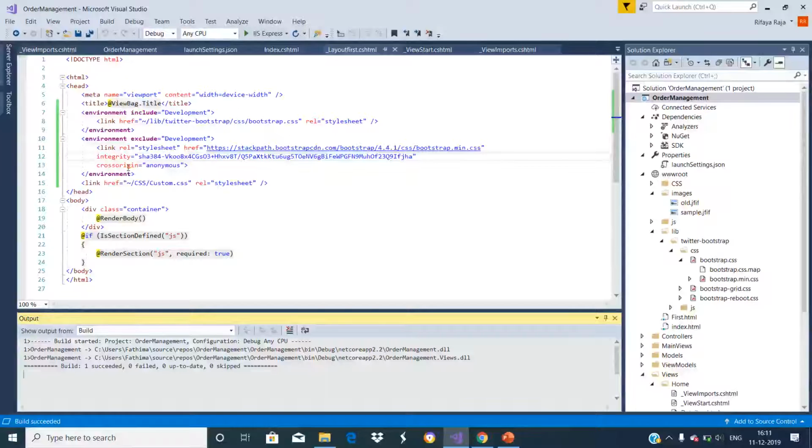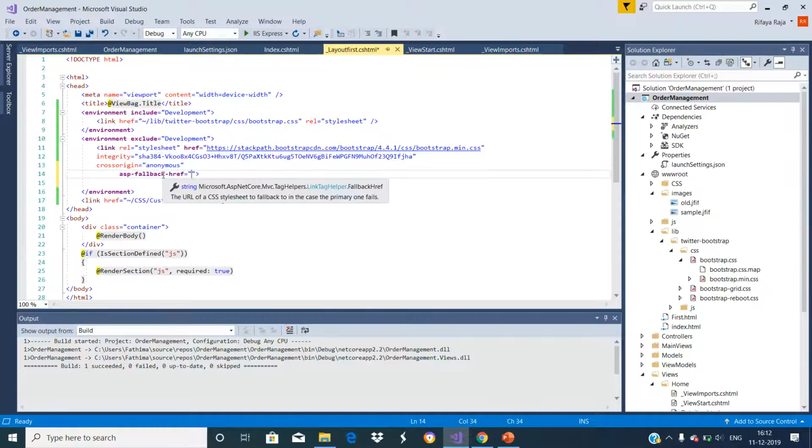So along with this, we have to specify the fallback source using the asp-fallback-href attribute. This attribute is used when the CDN is down or for some reason our application is unable to reach the CDN. In this case, our application should fall back and download the minified Bootstrap file from our own server. Just drag and drop this minified Bootstrap here.